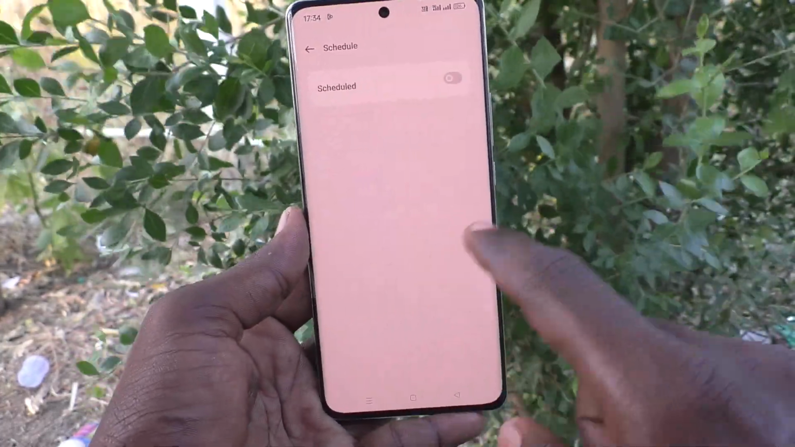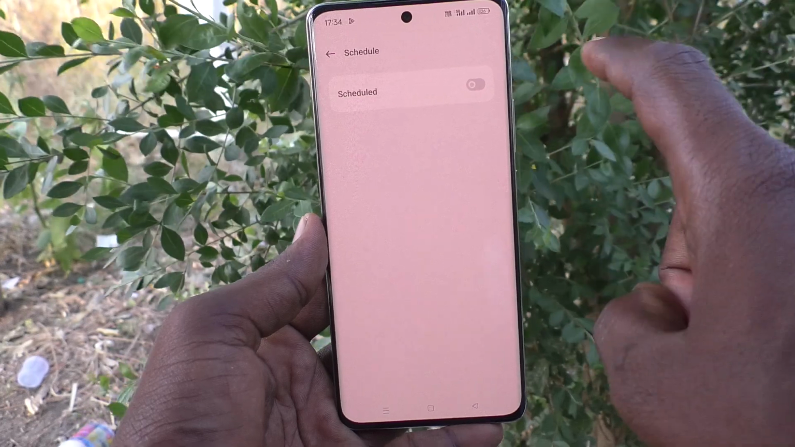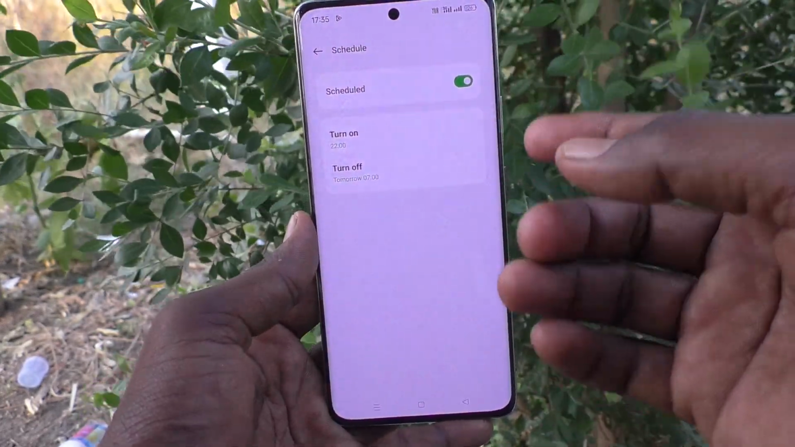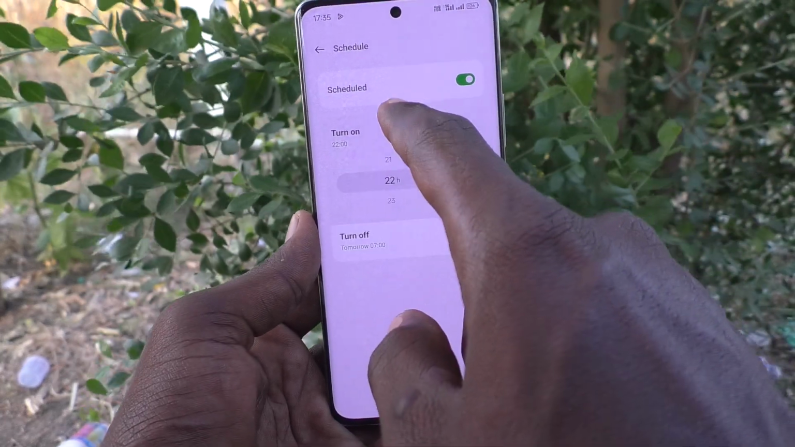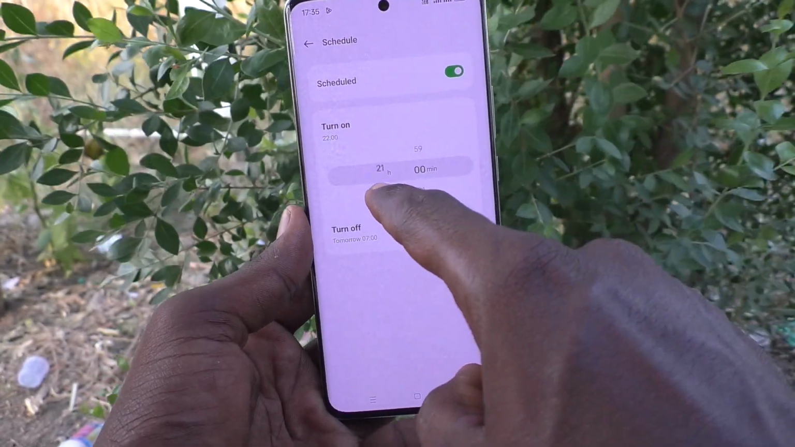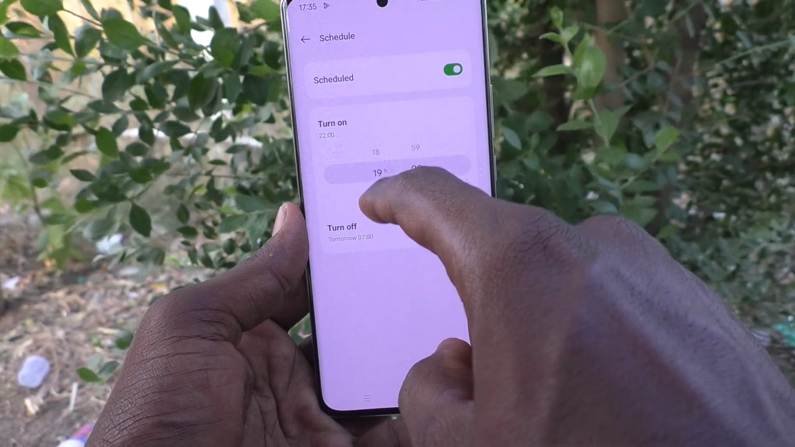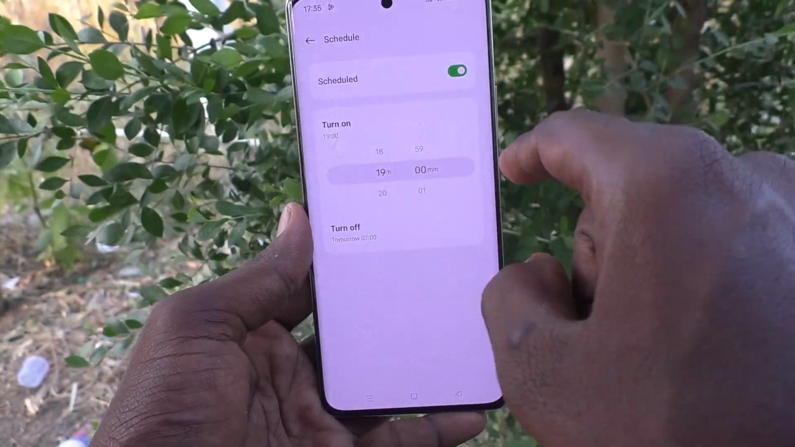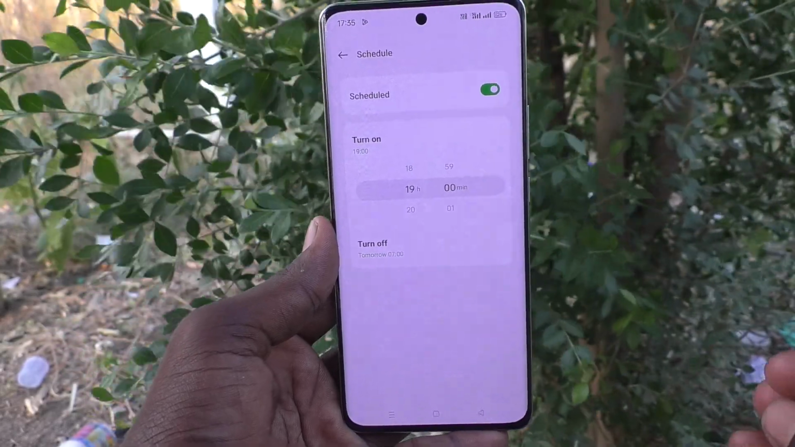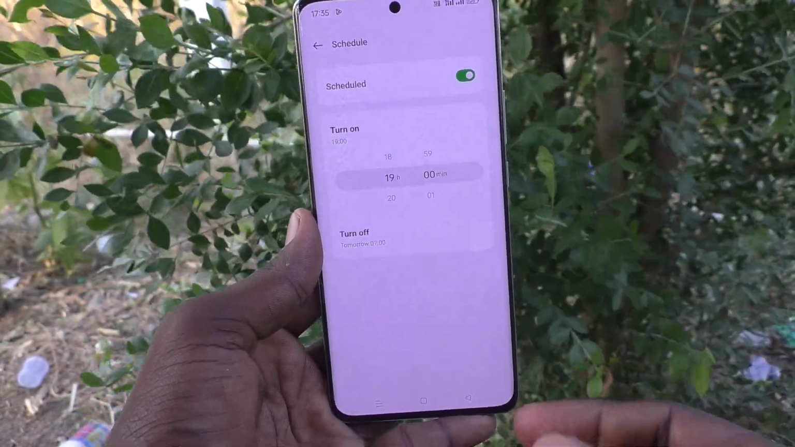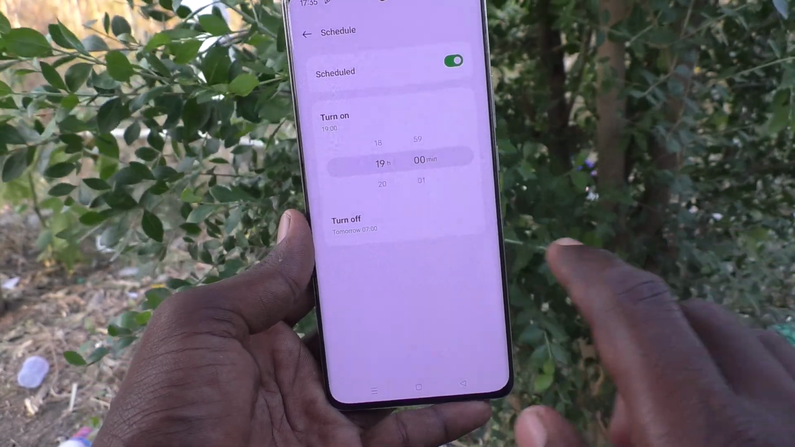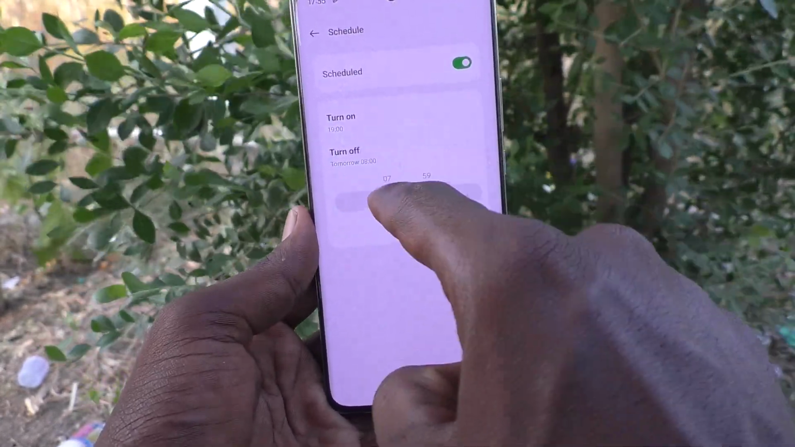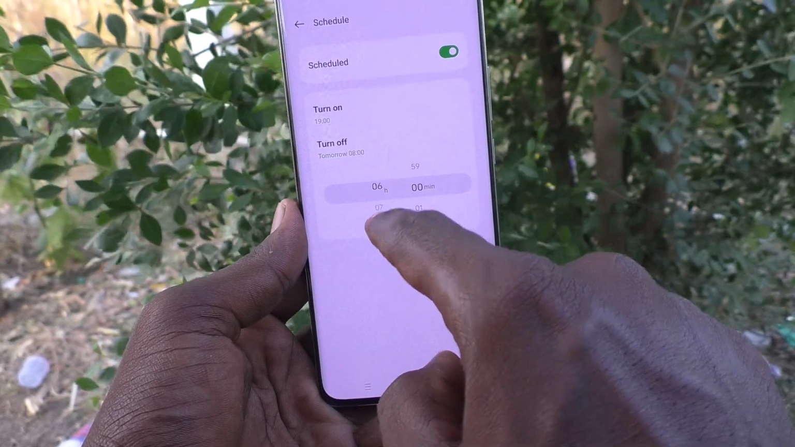And click on schedule. You can also set a schedule for eye comfort option, okay. Click on turn on, and here set the timing, okay. So here I set it to 17 minutes. That means eye comfort will be turned on 7 p.m, okay, and it will turn off at the set time here, okay. So here if you choose